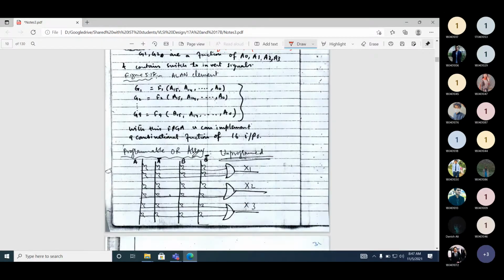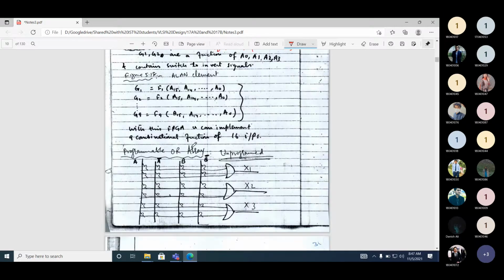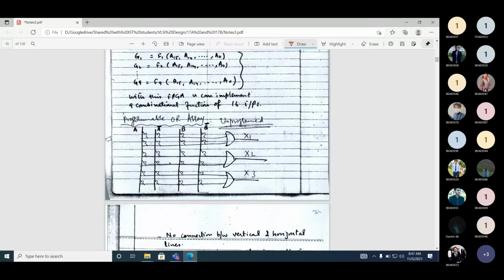Okay, now we have another type of FPGA. Can you see this? This is called a programmable OR array. So if you look here, how many inputs are there?